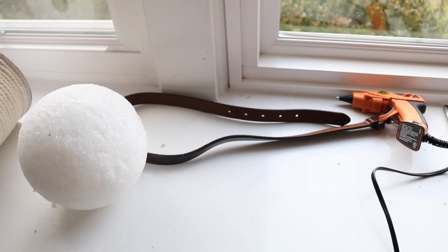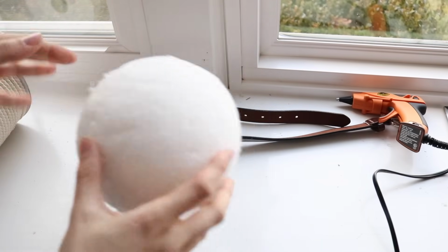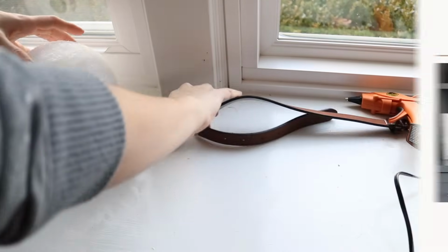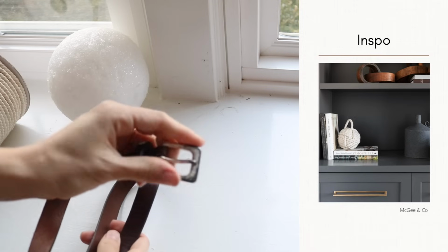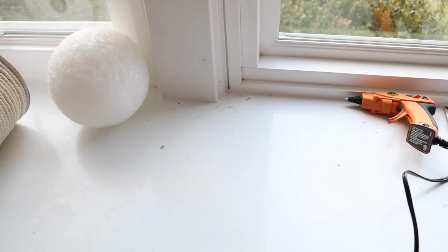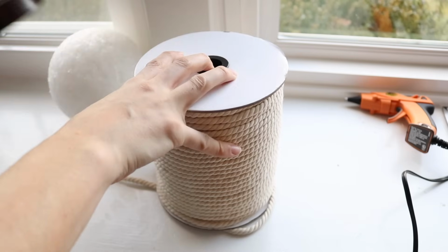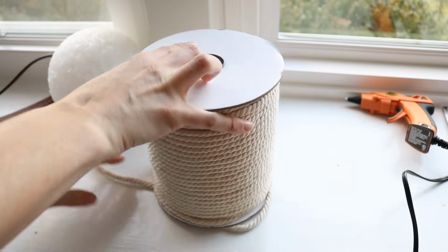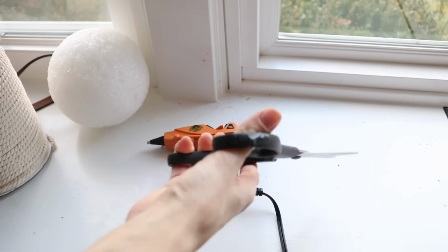For the first trash to treasure item I'm going to share with you guys that I made is this leather rope ball that was inspired by a monkey's fist ball that I saw on the McGee & Co website. The materials that I used to make this DIY that I would have otherwise thrown away are a leather belt, and I have macrame cord because I like to do macrame in my spare time. But if you don't have macrame cord, you can absolutely use rope, a hot glue gun, and then some form